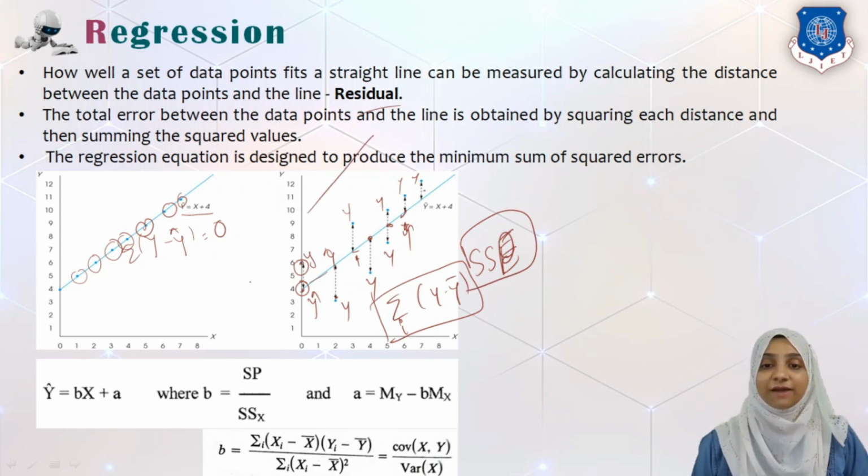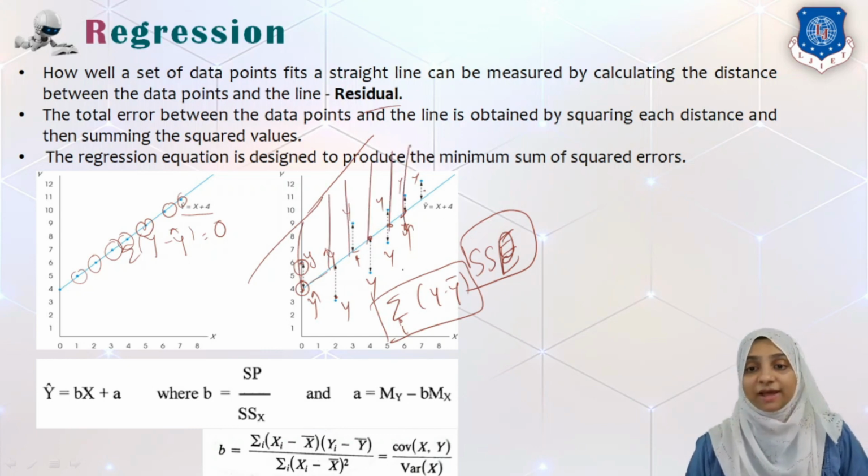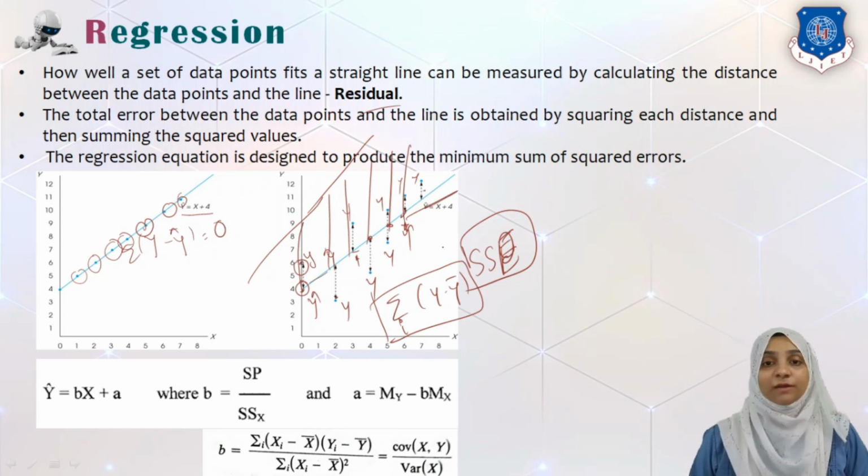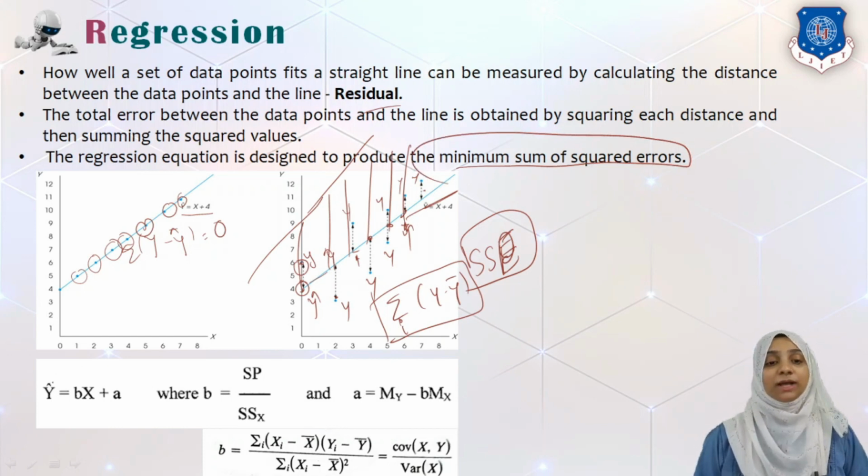Say for example, if we have this particular line, the distance from each of these points would be greater as compared to this particular line. So we always measure the performance of linear regression by producing the minimum value for the sum of squared error. That will be our goal. Now, how do we calculate the y cap value, or how do we find the best fitted line?